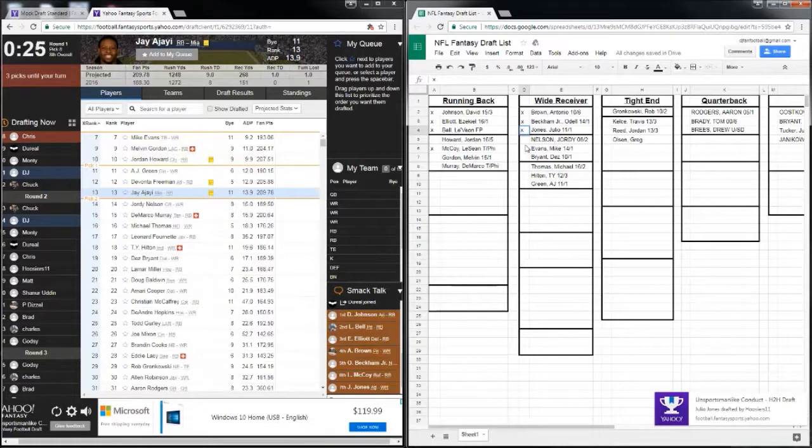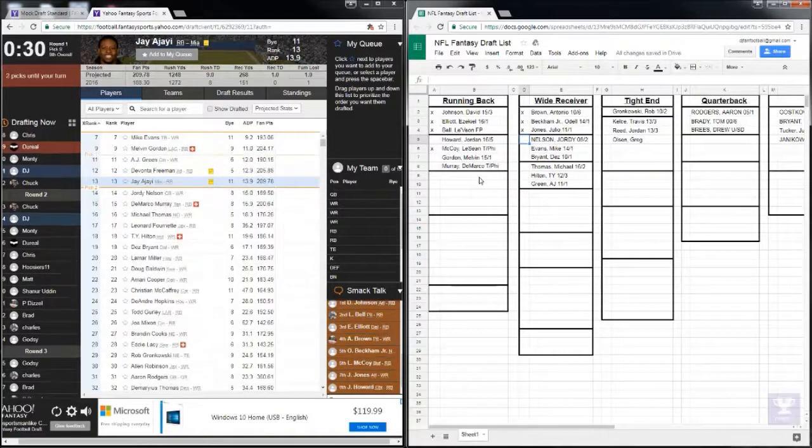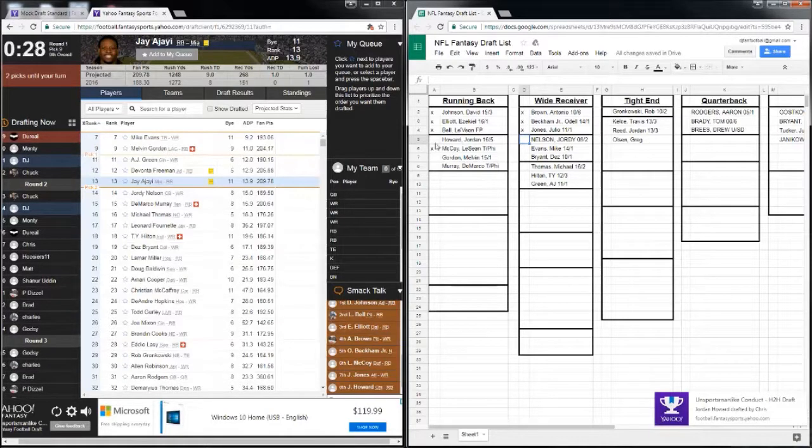So you see I've lost all of the caliber 1 running backs and wide receivers. Now my strategy is always to take a running back or wide receiver on rounds 1 and 2. I prefer running backs, but if all my caliber 1 running backs are gone, and I still have a caliber 1 wide receiver, I'll take the wide receiver over the running back. I usually like to alternate, so I'll take a wide receiver round 1, a running back round 2, but